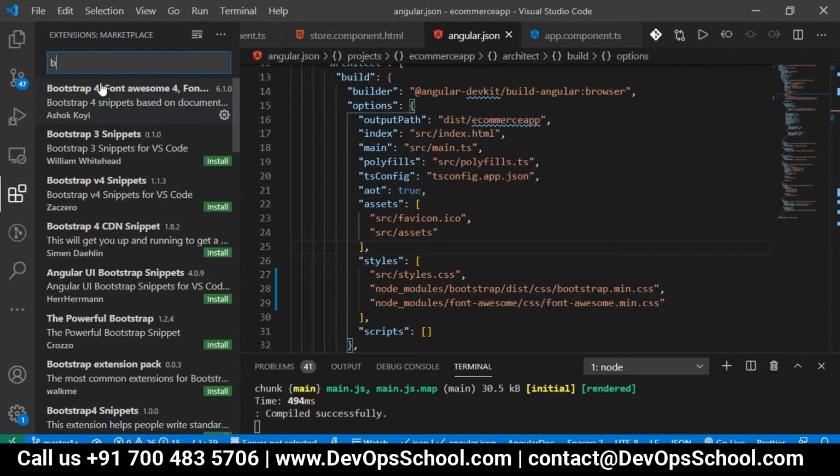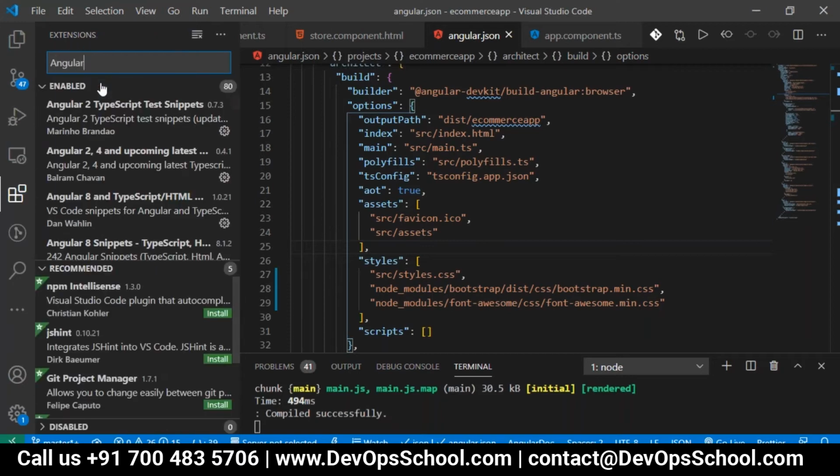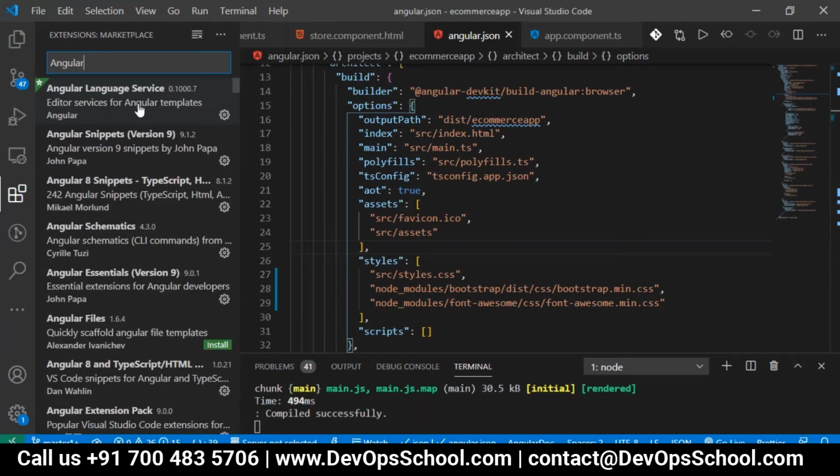In the same way for Angular, you can add Angular libraries like Angular TypeScript snippets, Angular 8 snippets, Angular schematics, Angular Essentials. All of these can be used. Mainly if you have the Angular extension pack, that is also good.